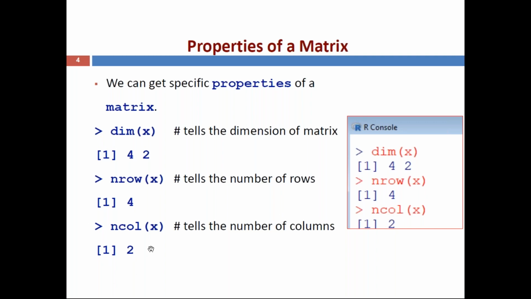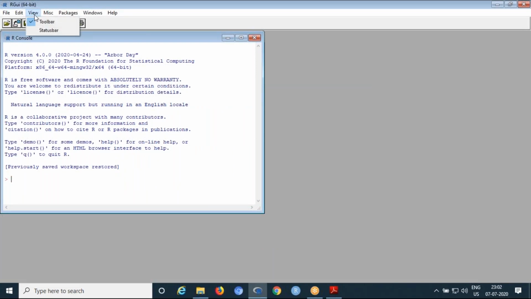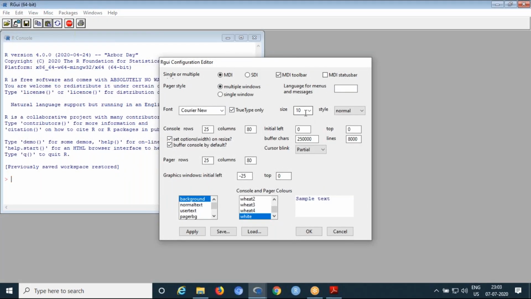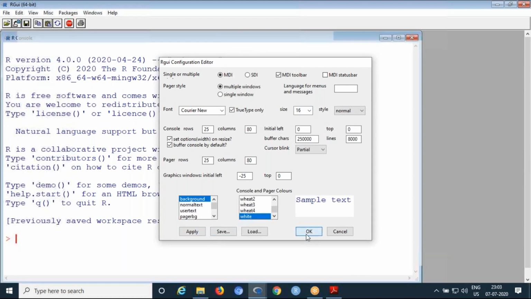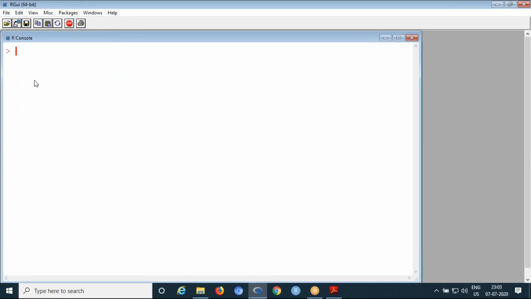Now we can execute these commands using our R software. So here this is our R console. Now you can create the matrix again, then apply the properties we covered here.